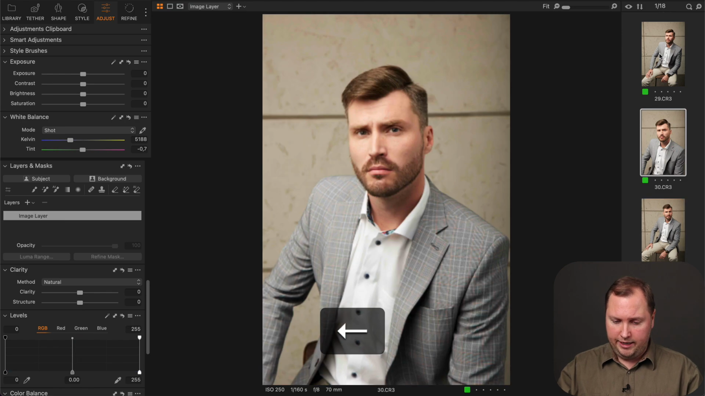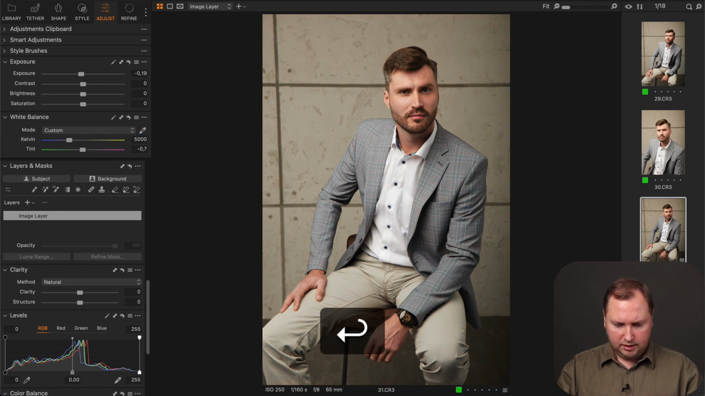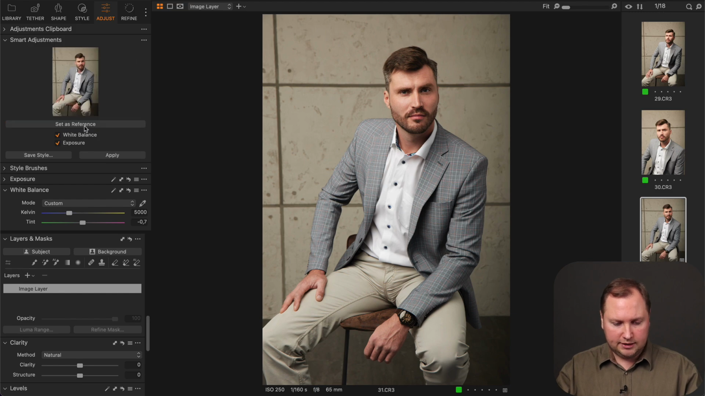For the second scene, I would like to save all my adjustments as a single style. So this style will include smart adjustments, AI masks, and all color grading. So first of all, I need to find a reference image. I think this one will fit well here. I'm going to slightly lower the exposure, and also I will set a bit different white balance. Now I'm going to use this image as the reference image, and this reference image will be saved in my style. So I'm going to click Set as a reference, and now the color grading, and here I would like